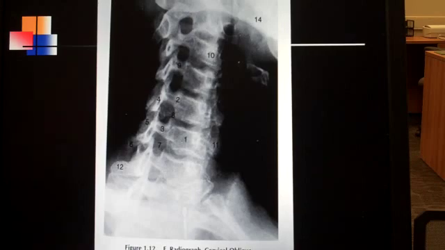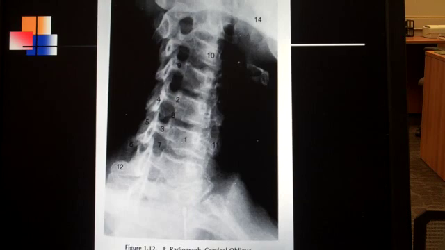In this video, I wanted to discuss the cervical oblique views, and this picture is coming straight from Yochum and Rowe, and it is the film that is numbered in the textbook. I chose to use this one because if you're looking at your textbook, I also want you to realize that you have four cervical oblique views. You have a left anterior, you have a left posterior, you have a right anterior, and you